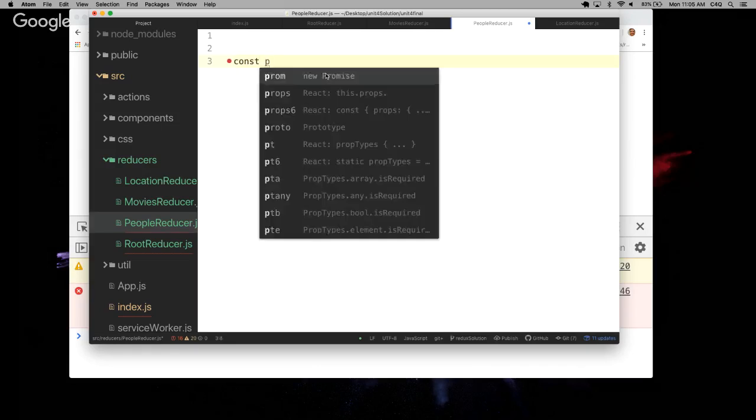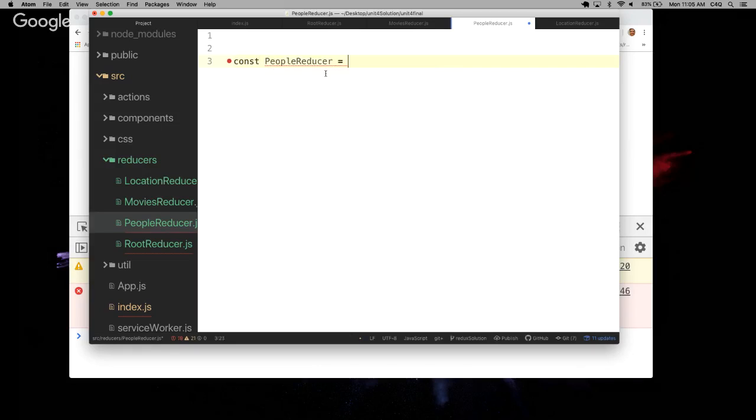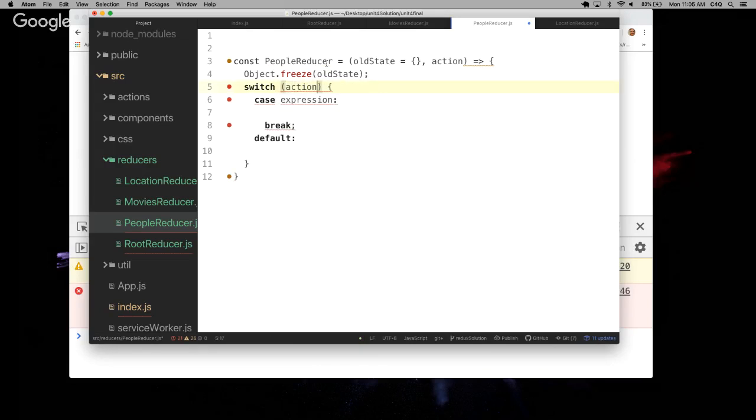Just a const people reducer. It's going to take in some old state, and I'll talk about why I want to do this as an object in a little bit. I'm going to use Object.freeze on that old state that's coming in, and then we can write our switch statement on action.type. So in the event that we receive people,